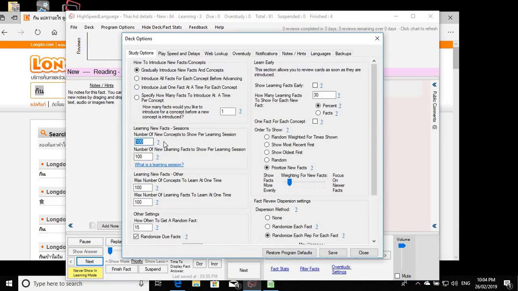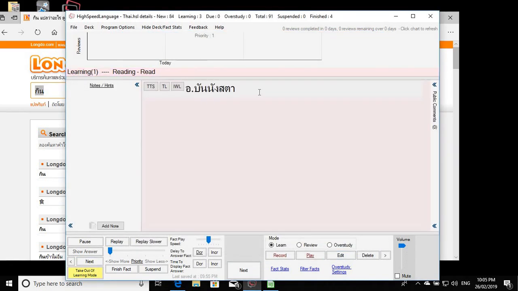Let's just turn this down to 5, just for an example. Let's put all these down to 5. That top one doesn't really matter for the concepts because there's no concepts in this. So we'll just put 5, save. Okay, continue. Okay, so because we've already gone through more than 5, they're going to come up as learning. So if we go next,